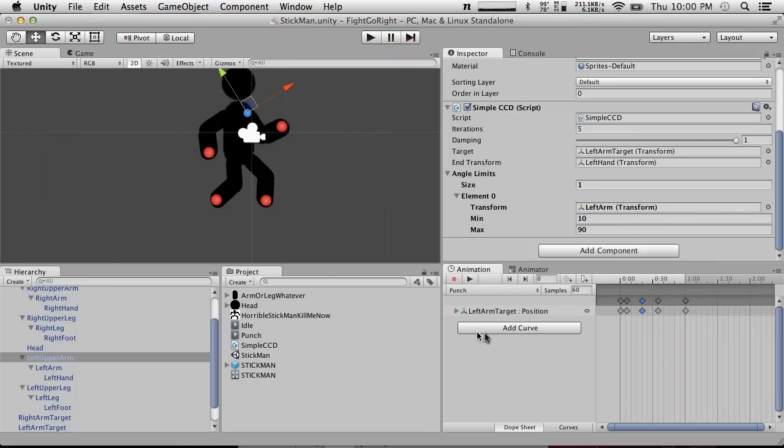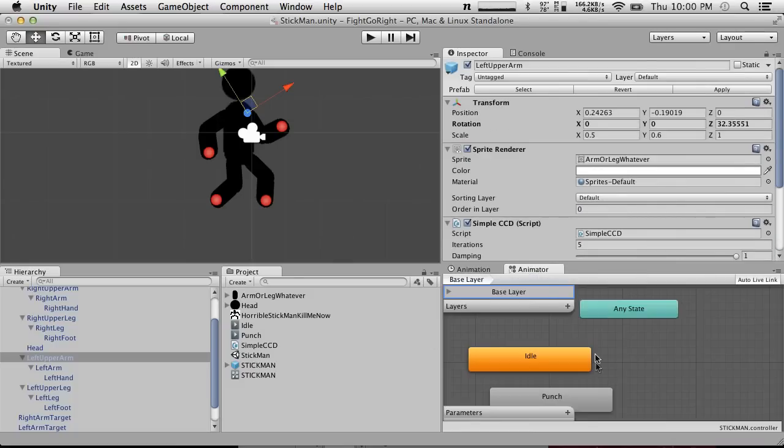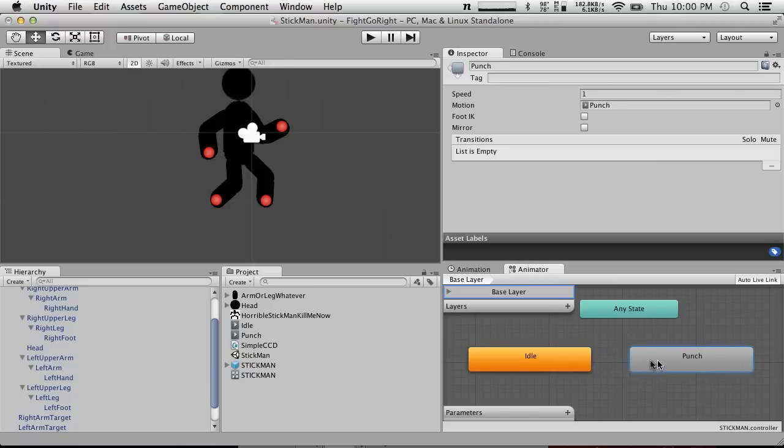So we had a punch animation. We're out of time, but that doesn't matter. I'm just going to do it anyway. We're just going to go into Animator here. We're going to create a transition to punch. Even though I'm fairly certain triggers are still broken, I'm so certain I'm just going to use bool still. Triggers in the past I've had a lot of trouble with, so I'm just going to go with the boolean